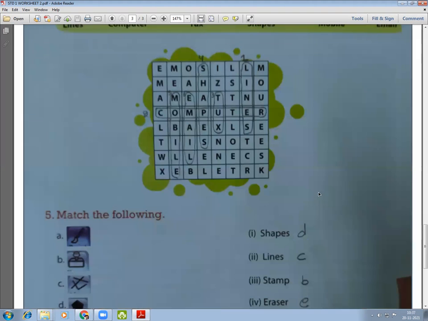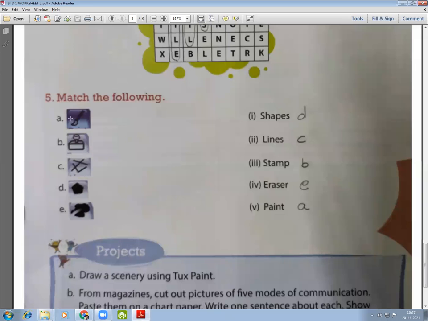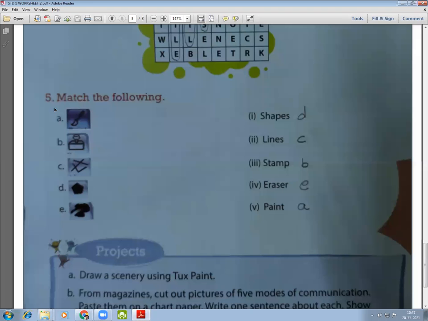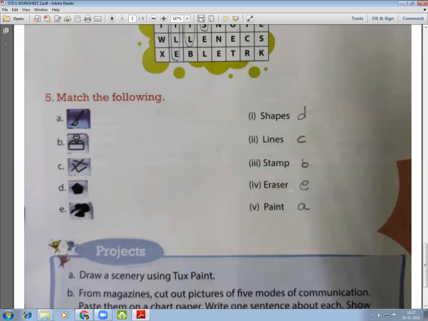Now students, question number 5, match the following. Here, brush. It's a symbol for brush in TuxPaint software, and this symbol represents paint.